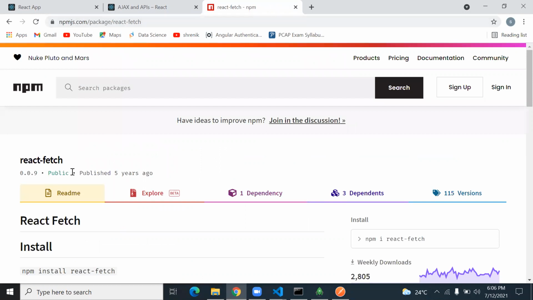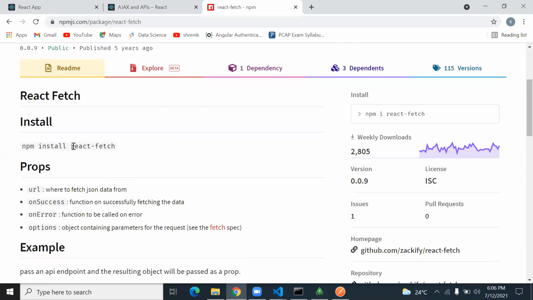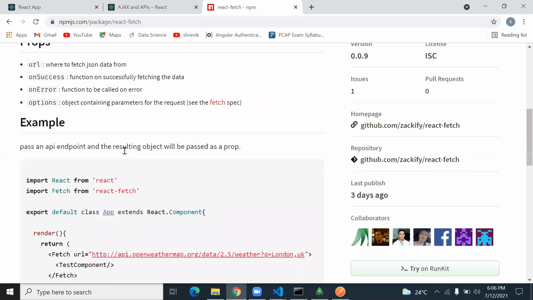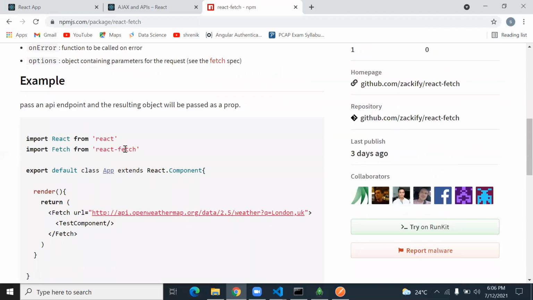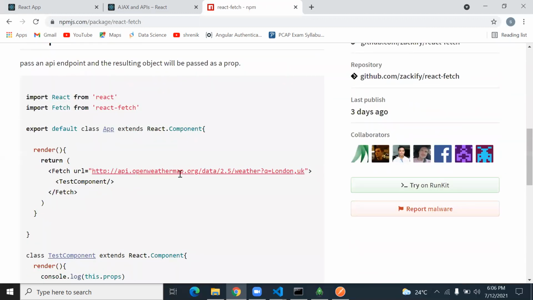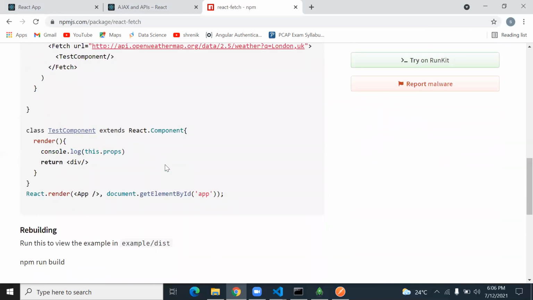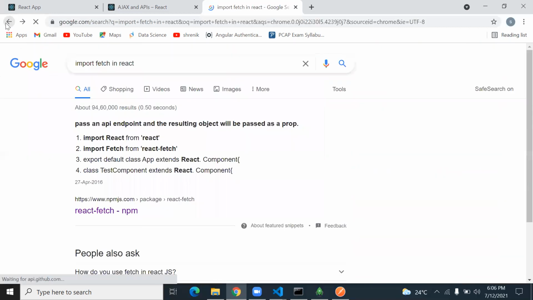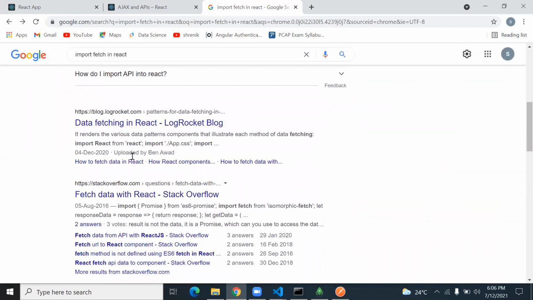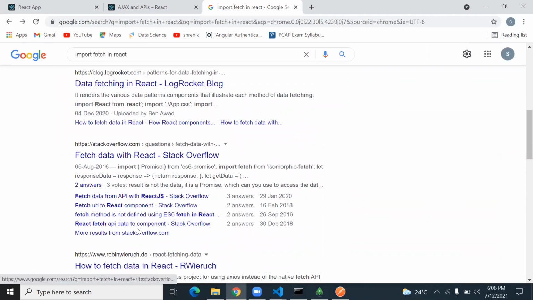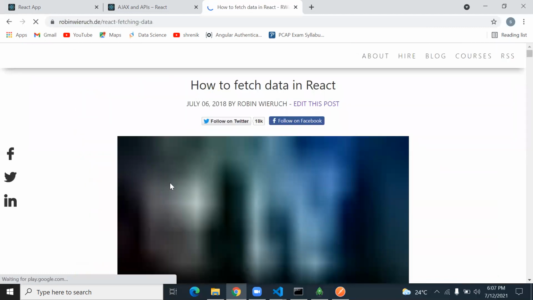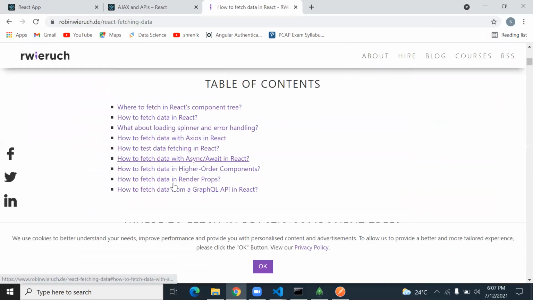So in the packages you first see the package name React Fetch. So after installing React Fetch, you can fetch anything from the backend or from any other API. But there are many different fetch APIs. So we'll see the correct one.